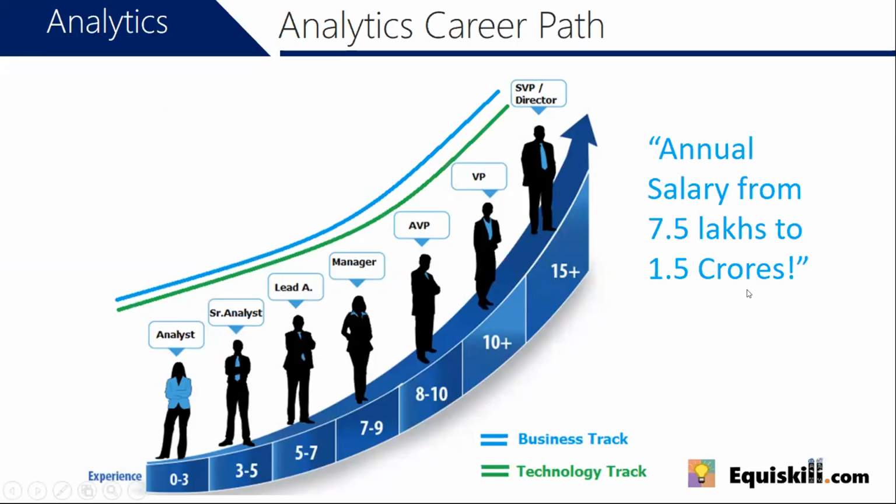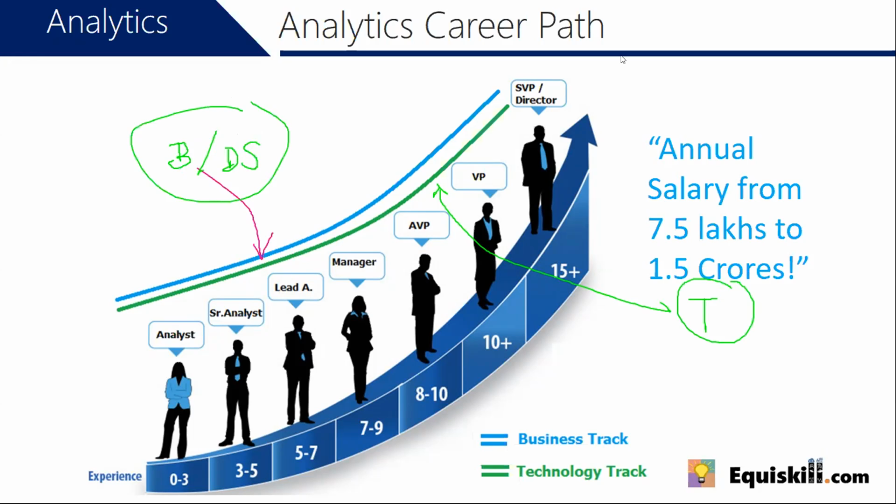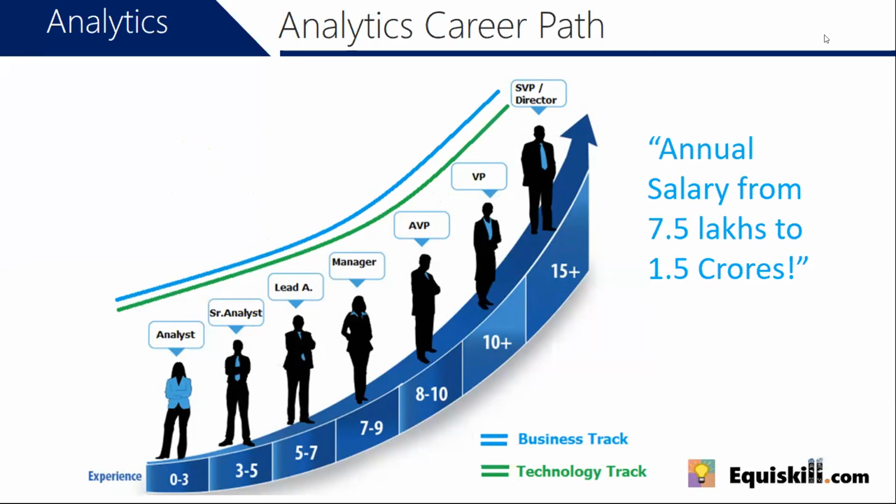So now important thing is there's room for everyone. If you didn't notice, there are two lines. There's a blue line, which talks about the business people that are there in analytics. And there's also the green line, which talks about the technology people in analytics. So you could be technical and you could have a career path in analytics. You could also be more on the business or the data science side, and you could have a career path in analytics. Now, it's a blend of skills, so you would not be only technical or only business. It would be a combination of things, and that's the beauty of analytics, that it involves a lot of different skill sets, right?